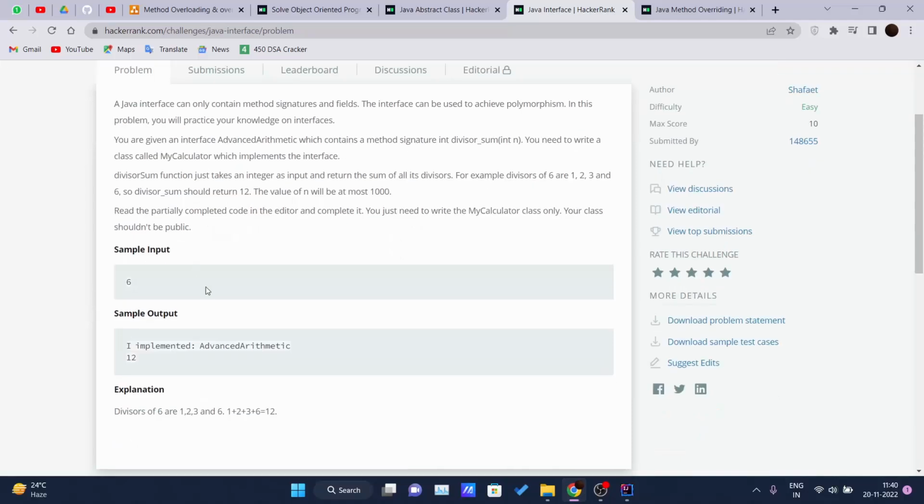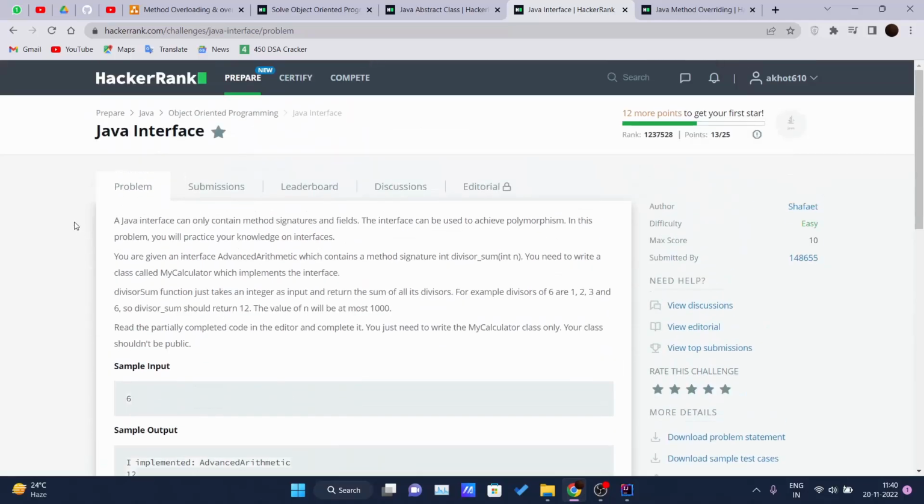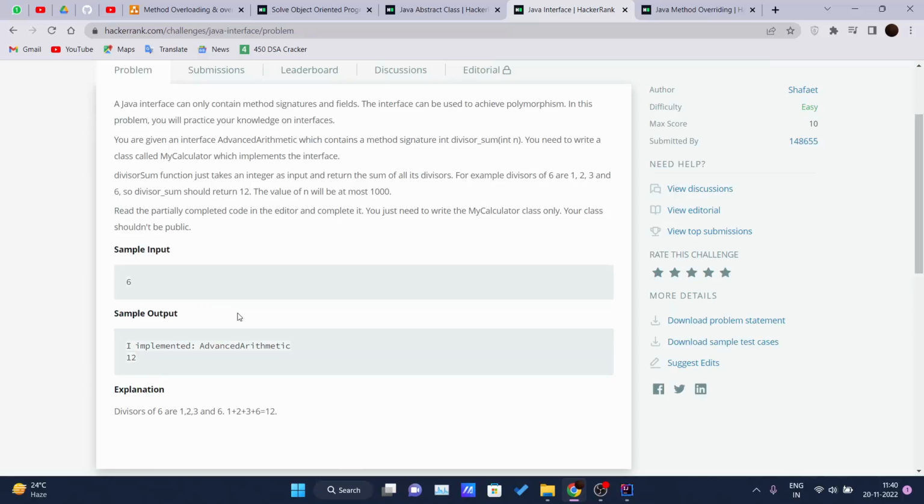This is the overview of this whole problem. A Java interface can contain only method signatures and fields. So you read it. I have read it already. You just pause the video and read it. So what we have to do is,